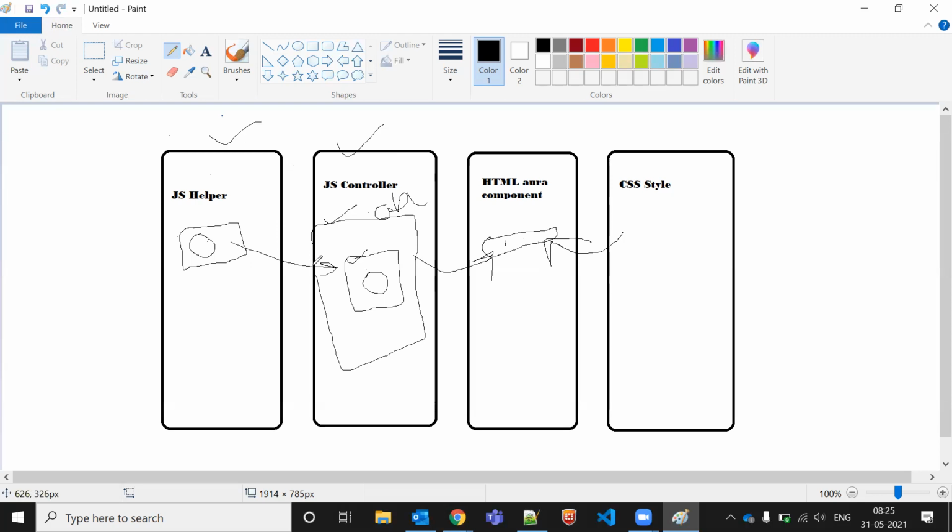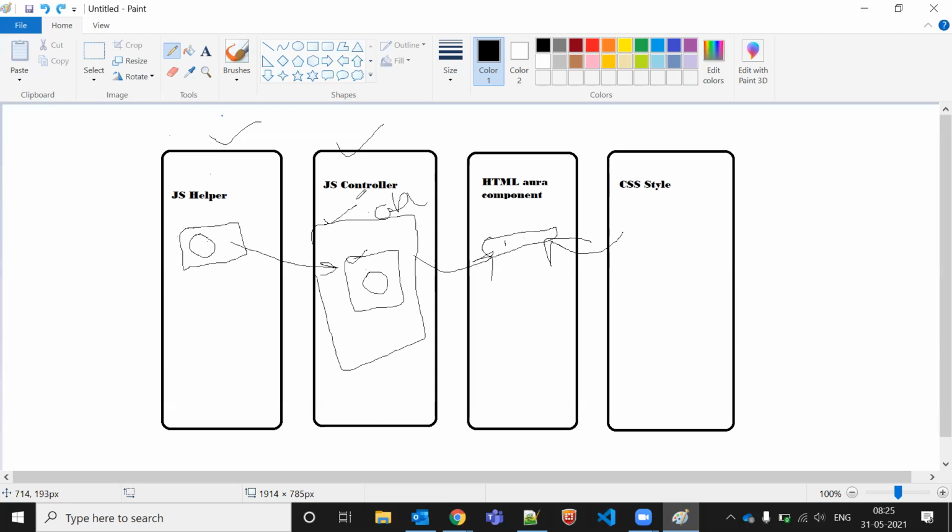Because to make less complexity, code should be written in the trigger, so all the complex logic should be moved to the helper class. That helper class method will generally be called in the trigger side, whatever Apex class method we have. Same thing here: all the complex logic, you can consider this is like a trigger. This is not a trigger, but it's like a trigger.